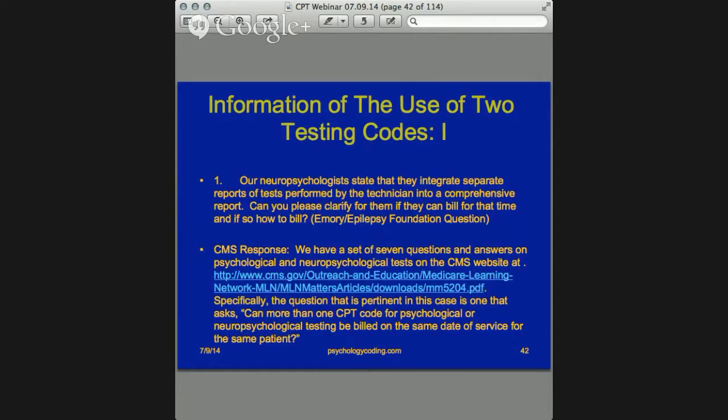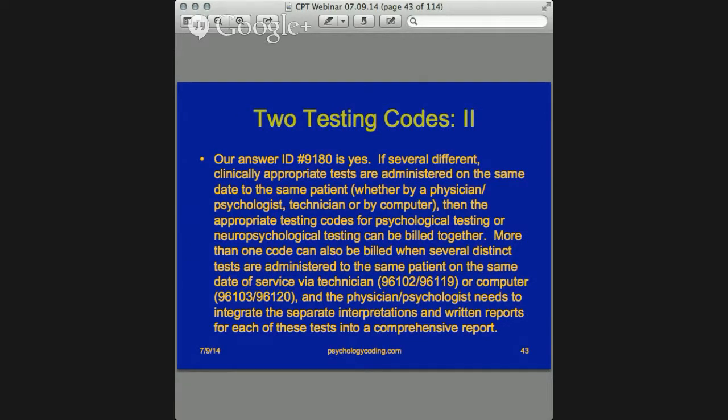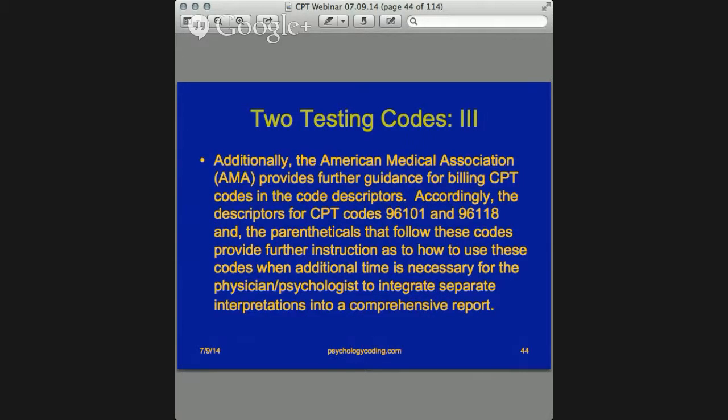All right. If you want more information, Emory University, together with the Epilepsy Foundation, asked CMS for clarification on several issues. And in doing so, they went ahead and provided specific responses. As you can see, there are 7 questions, and they're all provided for you. However, this basically clarifies what you and I have talked about already, that these issues are essentially doable if specific parameters are provided. Again, there are different interpretations, but we're giving you the best information we have from CMS